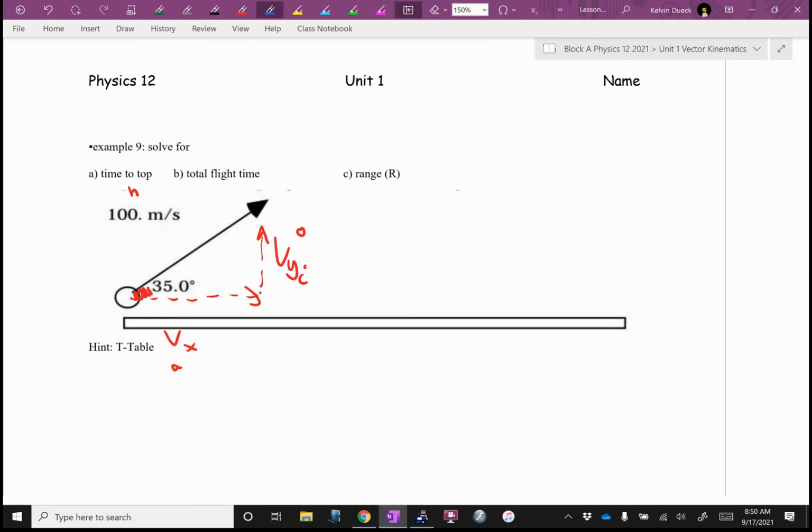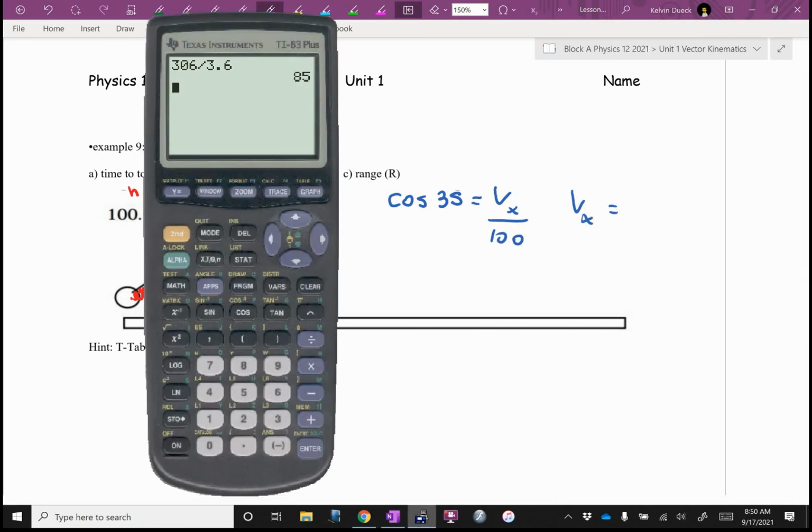Which trig function? Adjacent and hypotenuse, yeah, cosine. Cosine of 35 equals Vx over 100. So Vx equals